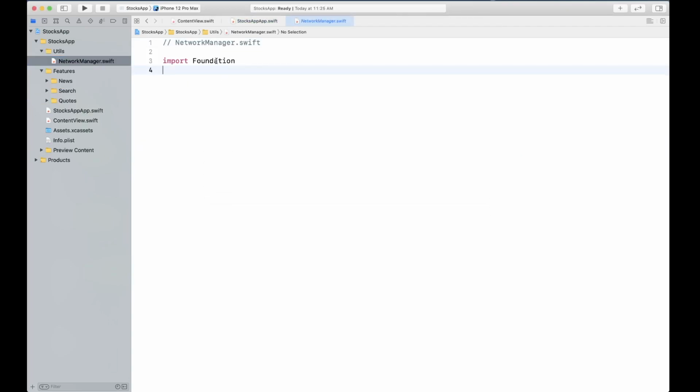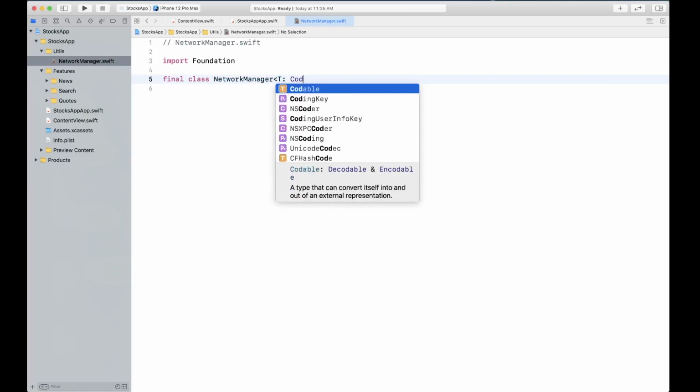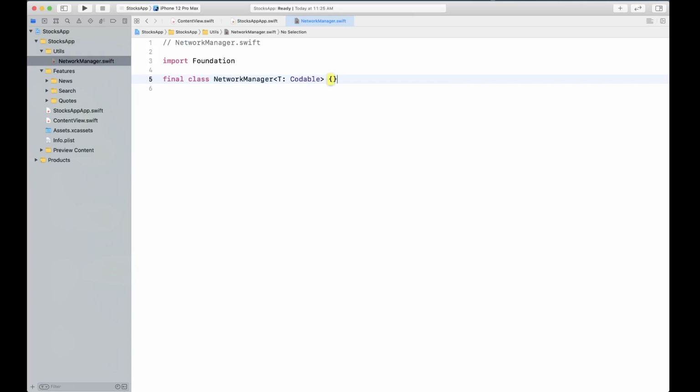Okay. Now this import from foundation is fine. We're going to create a final class because we are not planning to inherit from this, and that's actually going to help the compiler make it run fast, basically, for the final classes, because there's no virtual table involved.